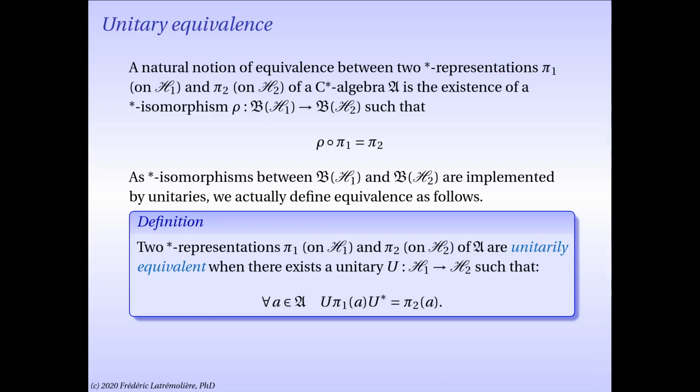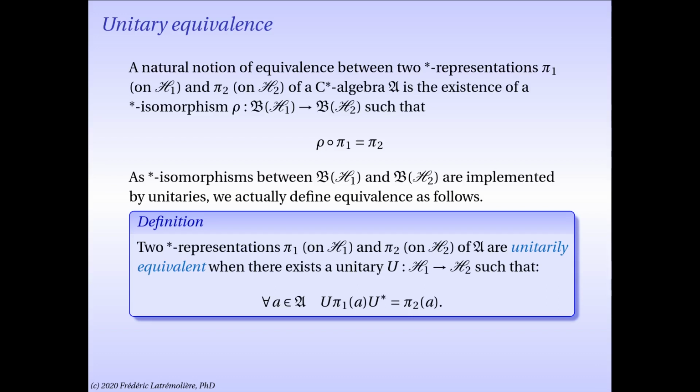That is, in other words, when you give me an element A of my C-star algebra and you calculate pi2 of A, that's some operator on the Hilbert space H2, but that operator could be obtained by plugging the same A inside of pi1, which gives me an operator on H1, and then bringing it to an operator on H2 by the star isomorphism rho. And having a star isomorphism means that, of course, you can invert its relation, so it's certainly symmetric. It's trivially reflexive using the identity star isomorphism, and the composition of star isomorphisms being a star isomorphism,